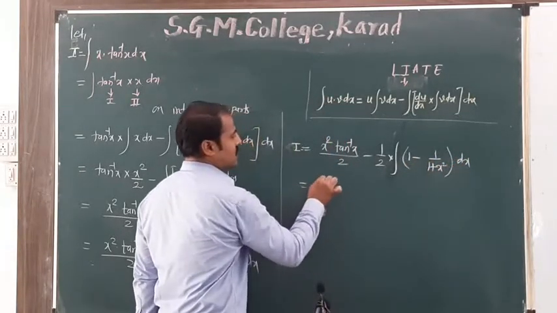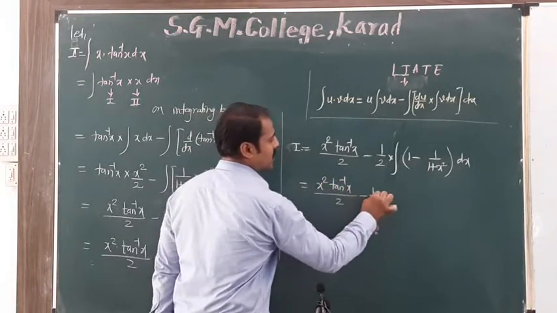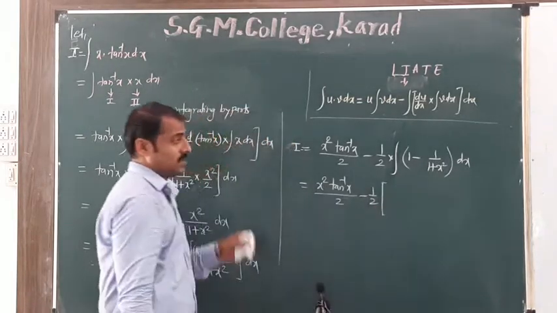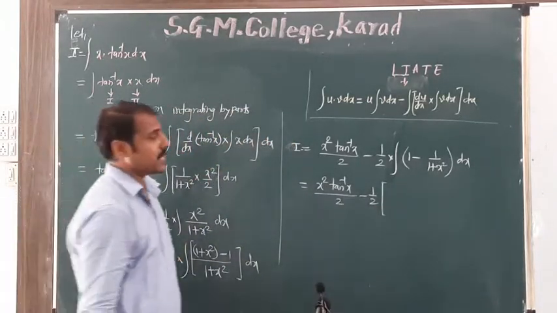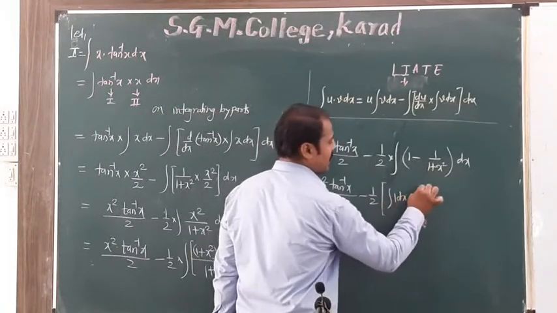Which is equal to x square into tan inverse x divided by 2 minus 1 by 2 into, inside the integration there is subtraction, so separate integration symbol: integration of 1 dx minus integration of 1 upon 1 plus x square dx,